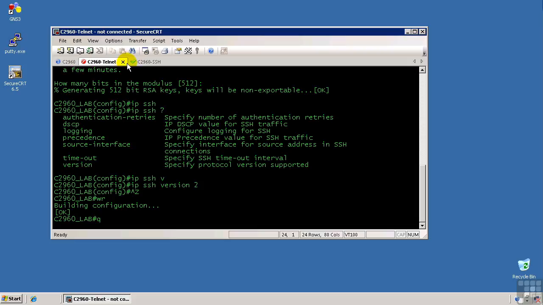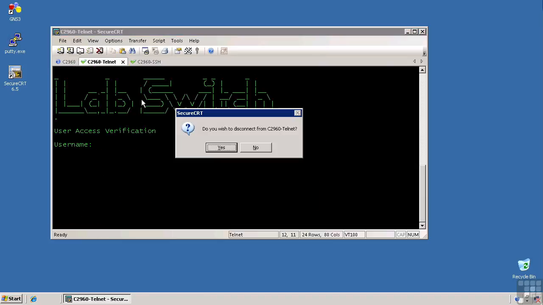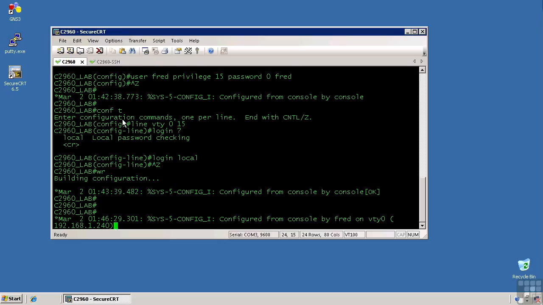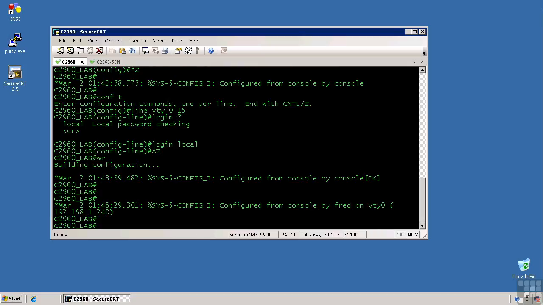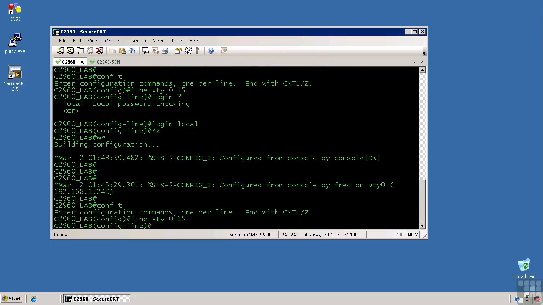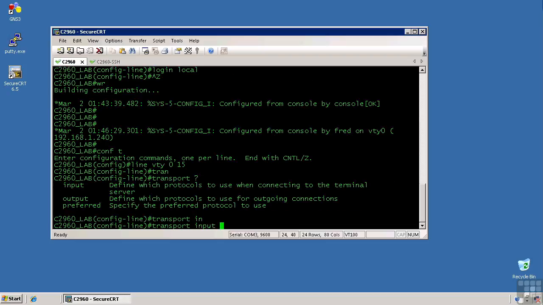And if we exit Telnet, we should still actually be able to connect with Telnet. So let's do 2960 Telnet. So we still accept Telnet connections to our switch. How do we turn that off? Well, again, it's part of the line configuration here. And it's a command we haven't used so far, so we'll go into config T, line VTY 0 15, and it's the transport command. So transport input defines which protocols to use when connecting to the terminal server, being this switch,